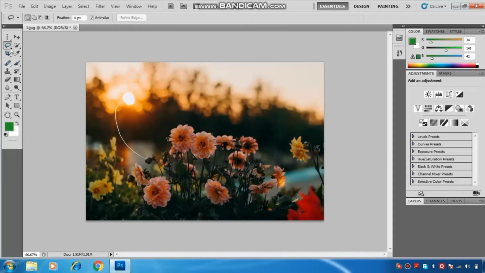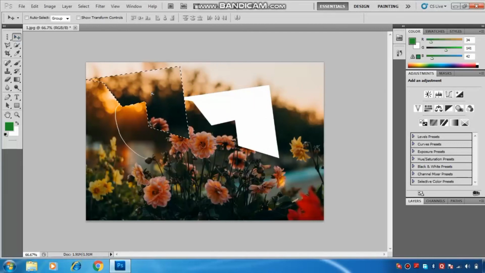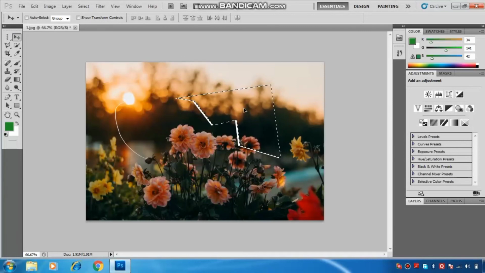Now the next is the polygonal lasso tool. The polygonal lasso tool helps to quickly select the area of the image with straight edges. It means it is not just like the freehand selection, but it can select the area of the image with straight edges like this. Suppose you want to select the image portion, then it will look like this. It forms a polygon. And if you want to move it again, then you will use the move tool like this. Hope you all are clear with this.